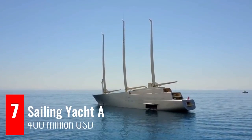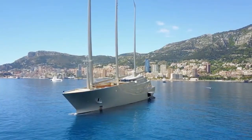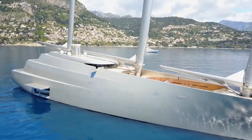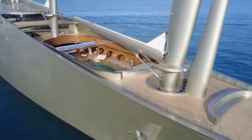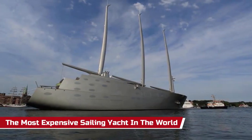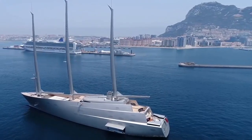As we can see, this sailing yacht is not like other yachts. Not only because of its gigantic shape for the size of a sailing yacht, but also because of its attractive design. This yacht will make us feel at home just by looking at it. Sailing Yacht A, which holds the record as the most expensive sailing yacht in the world, is owned by one of the Russian oligarch billionaires, Andrei Melnichenko,